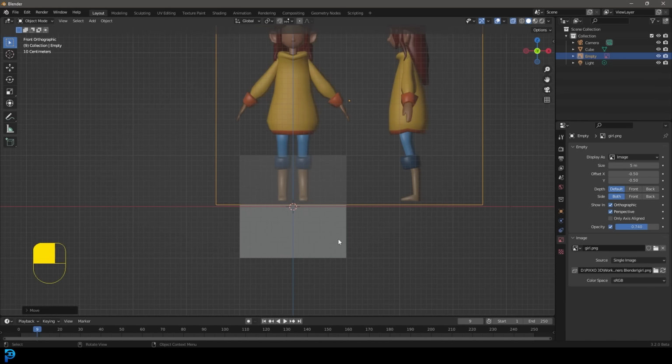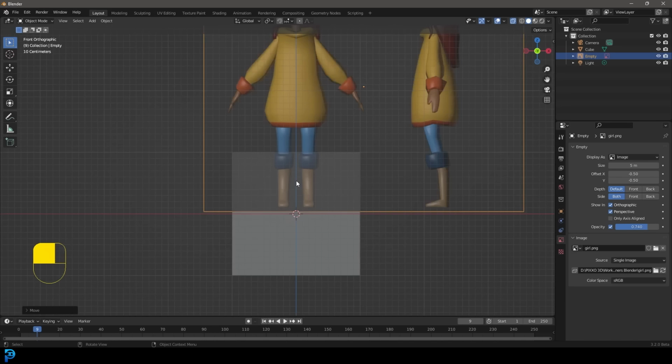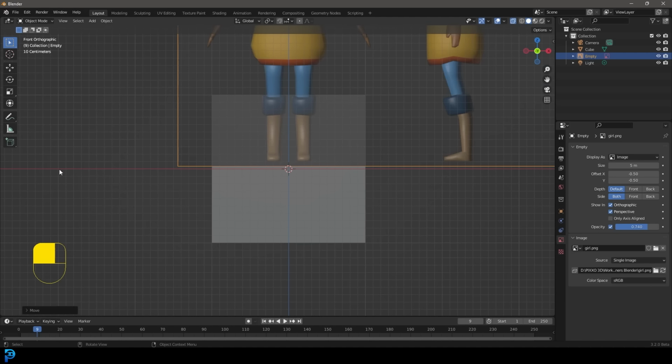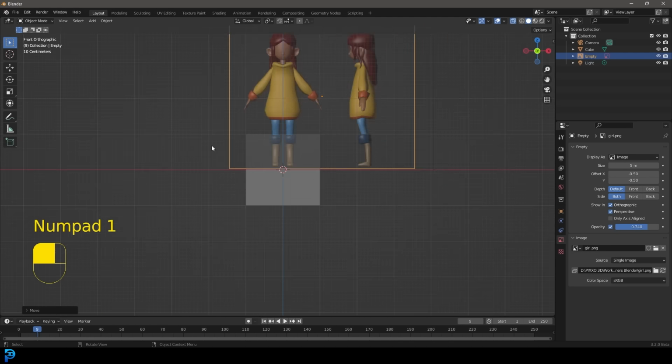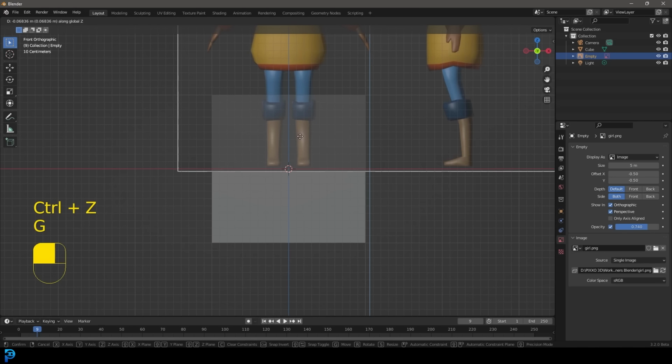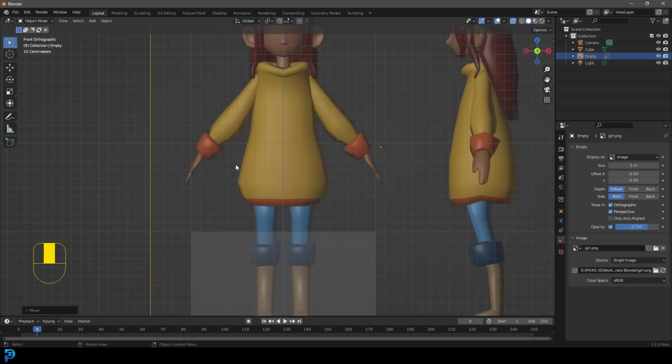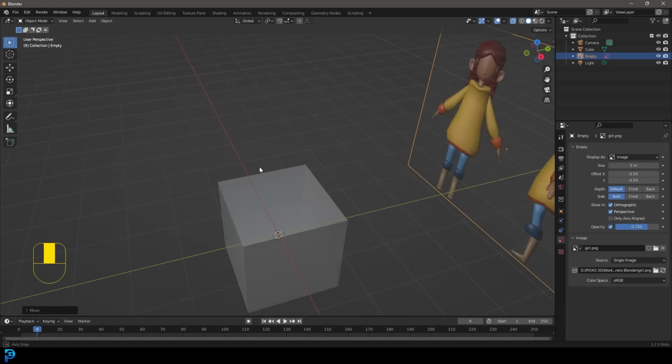And also over here, in fact, let's just quickly enable up here this thing called X-ray. And now we can see through. We still have this empty active. We can now make sure we have the feet sitting on the ground. So you can see this red line here. That kind of represents where the ground is. So we're gonna go G, Z, and just move it down until the feet are sitting right on that red line. So now we have this front pose right in the middle there,